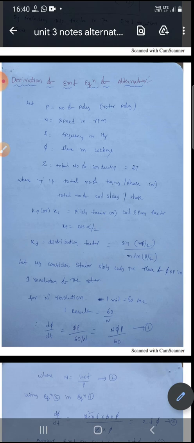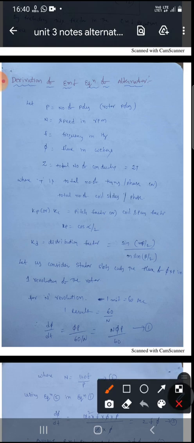Now I am going to explain the derivation of the EMF equation of an alternator. Let us denote some of the letters here. P is the number of poles, and N is the speed in RPM, where RPM is revolutions per minute,